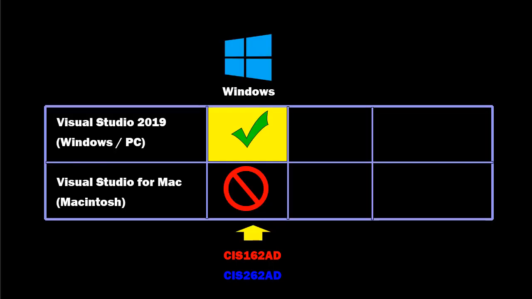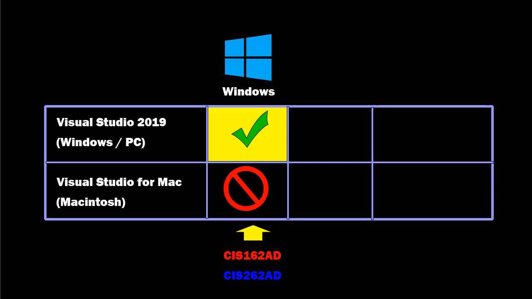And I mentioned there's also Visual Studio for the Mac. Now, for CS162 and CIS262, the assignments and the lessons in those 2 courses are going to focus on the Windows desktop. And so you're going to need Visual Studio 2019 on a Windows 10 PC. But when we get into the